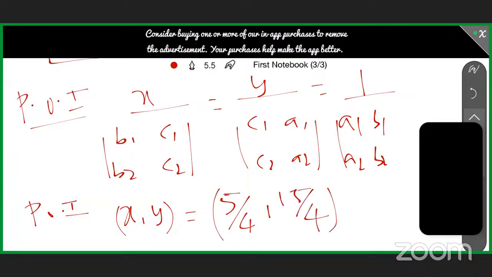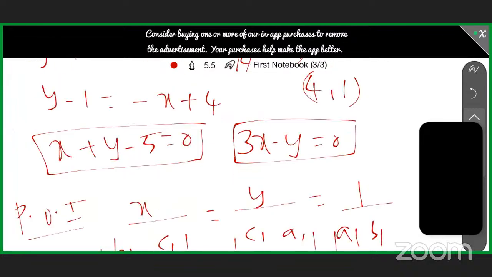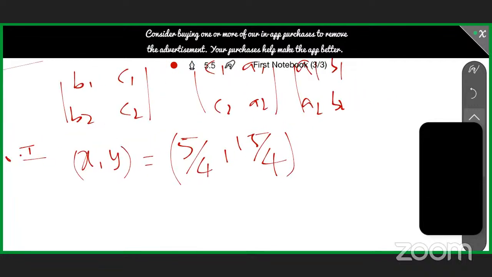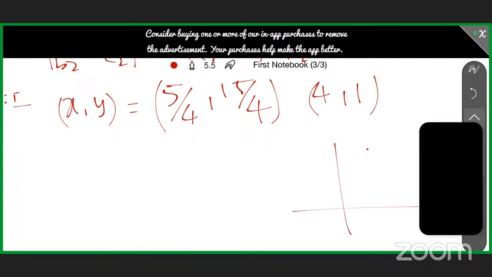Please cross check your calculations, your determinant expansion. So now I got my point of intersection of these two lines. This line and this line's intersection I got. This point of intersection is 5 by 4 comma 15 by 4, and there is one more point they have given, which is 4 comma 1. Now we have to find the distance between this point of intersection and the point 4 comma 1. Same thing as previously, from the point